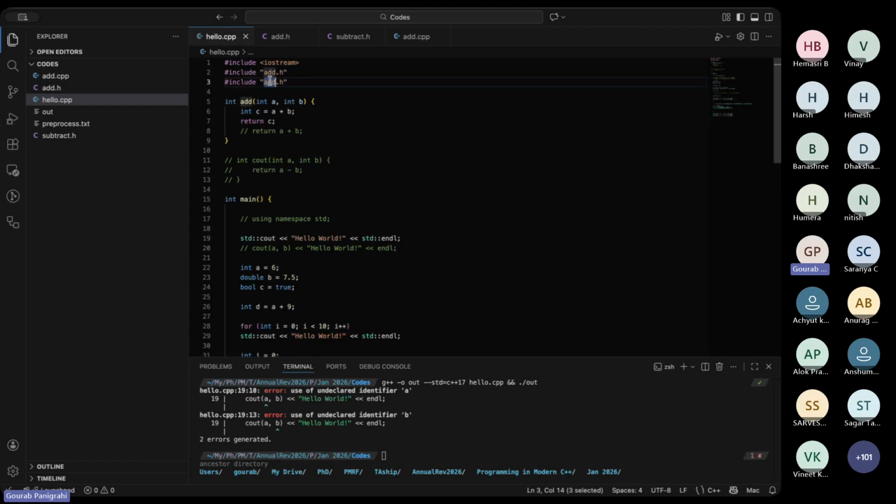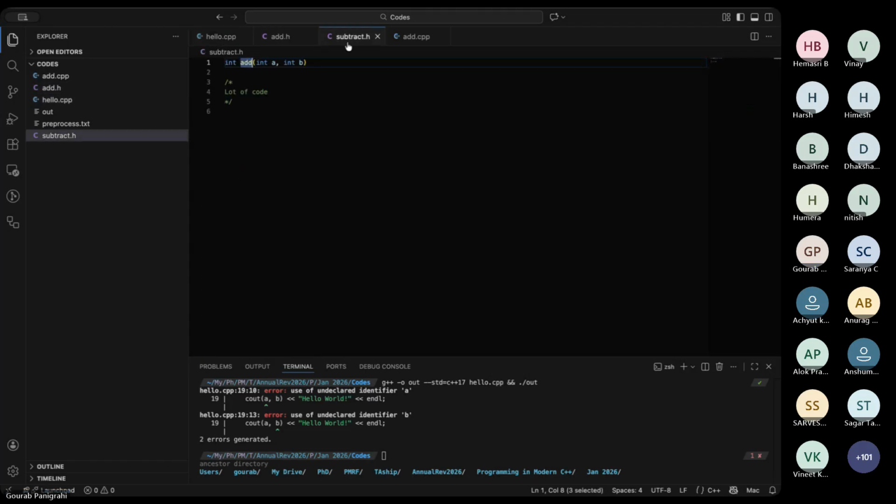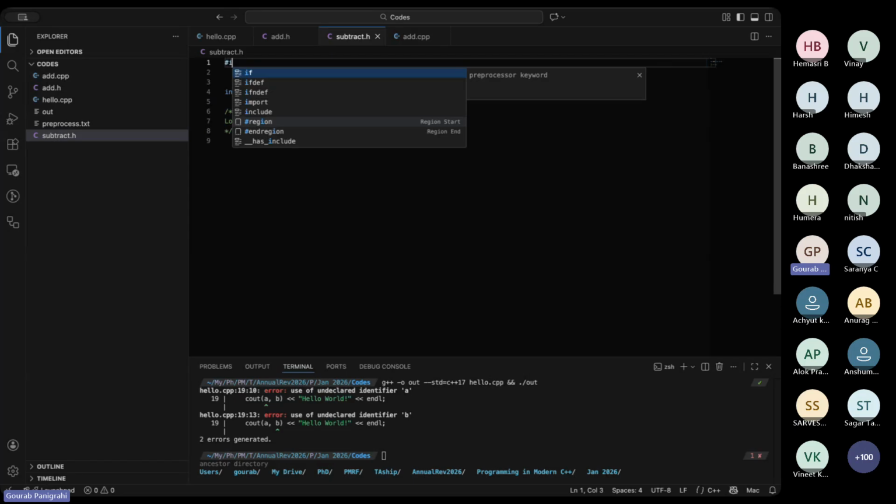Now that is not good, right? So in this case, how do we avoid this? So that these definitions get included only once, one uses ifdefs. So something like this. I'll just give an example of how ifdefs are used to protect against redefinition of header files, or redefinition of functions actually. So ifdef,